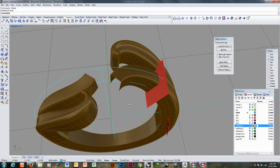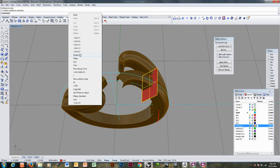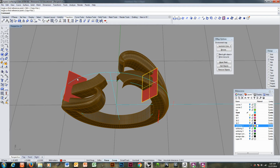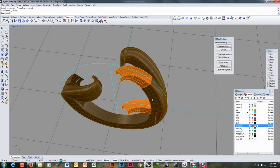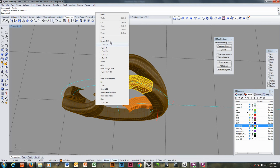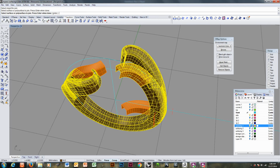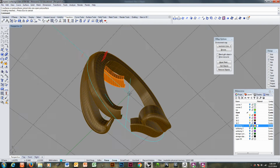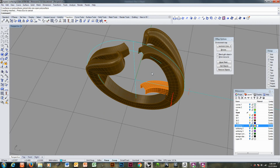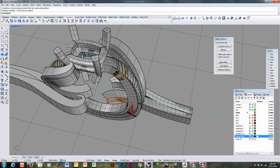And then now I will rotate this around again. Use this to trim off. Put this back. Rotate that around. Join it. And that'll give me pretty much everything I need. I'm going to want to come in now and cut this away. I need this original